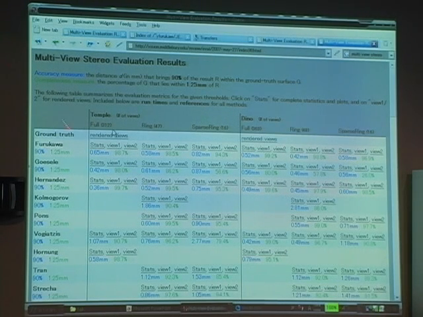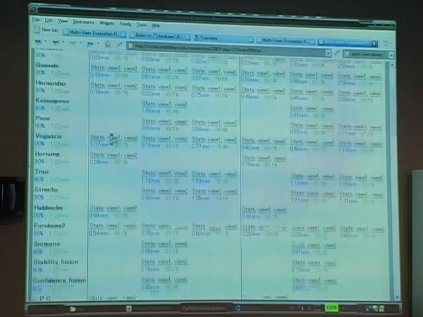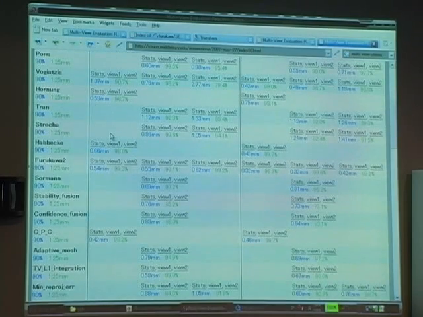So basically, if the blue number is small, that is good. If the green number is high, that is good. And so our algorithm, Furukawa 2. Actually, there's a Furukawa at the top. And our result is actually the best in terms of both these blue numbers and green numbers, and in these 4